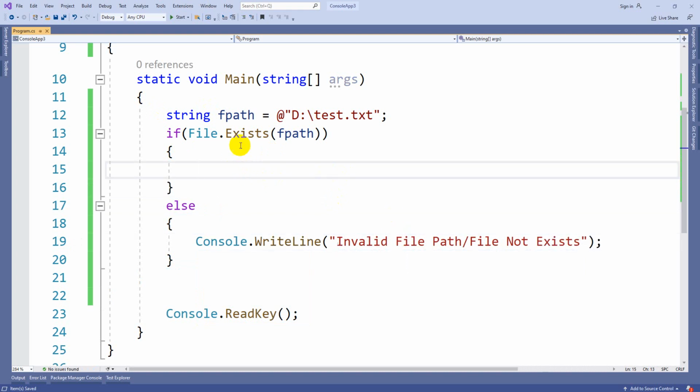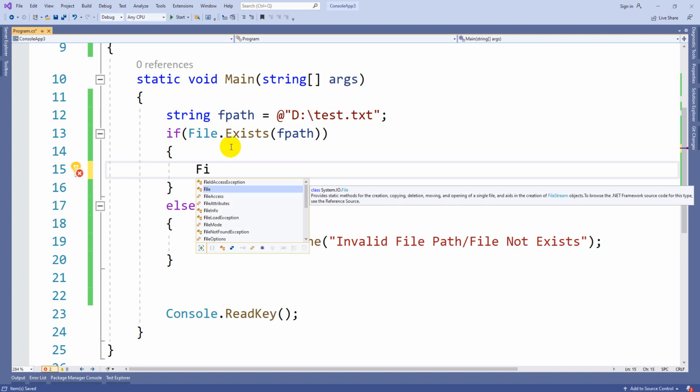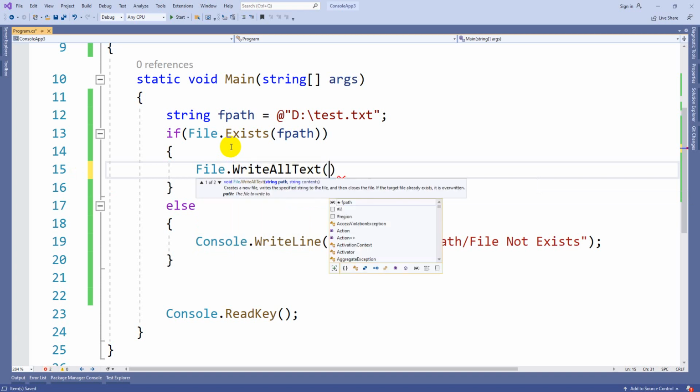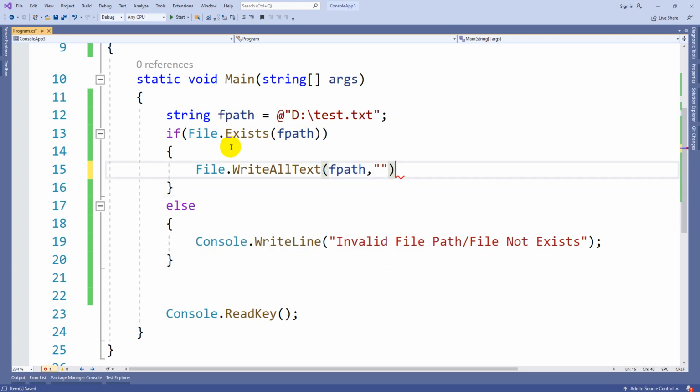Now if it is available, what I need to do is write some text to the file. File.WriteAllText. Here you can pass the file path, and here the string that you need to write.